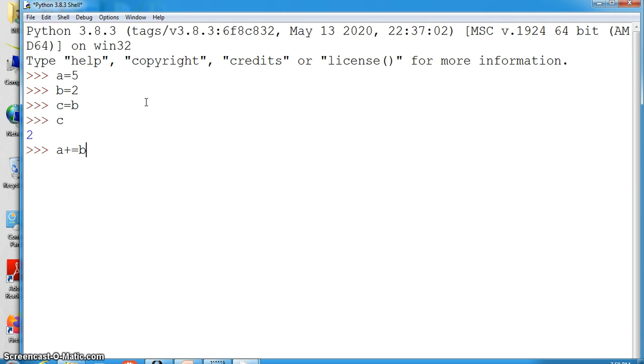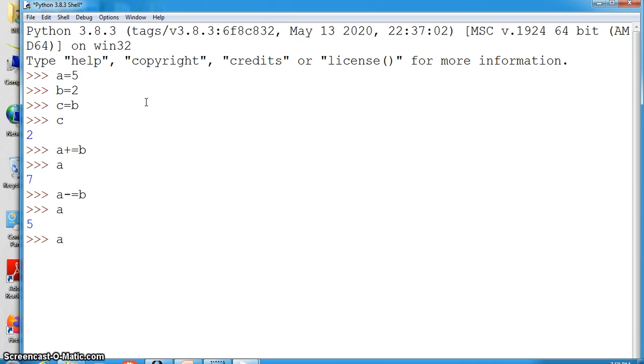So A should contain 7 now. We will see A value. So 7. Now A minus is equal to B. So what is there in A now? 5. Because 7 minus 2 is 5 here.